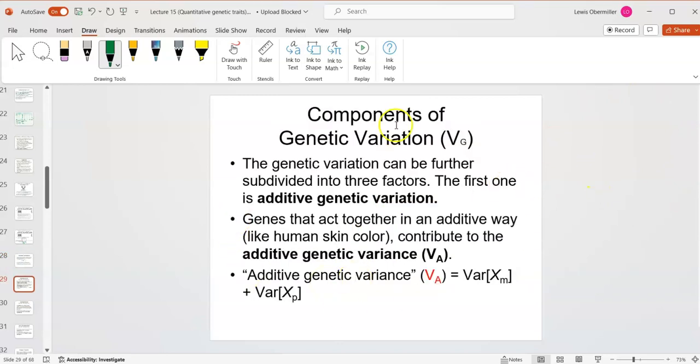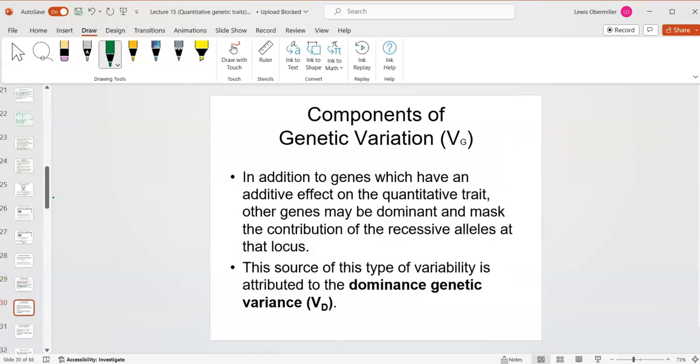Okay. So, but we can subdivide these things due to the variance of genetics. And we talked about this, right? We talked about how we can have additive effects, like for skin color. So we can say VG, the variance due to genetics, is caused by the addition of additive variance and the addition of